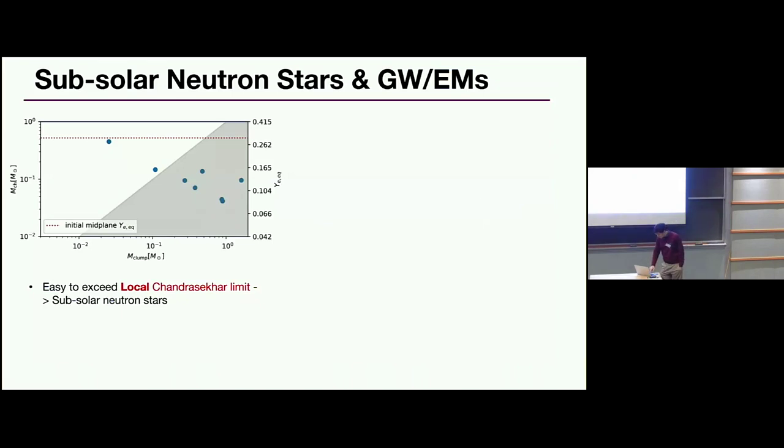So at the end of the simulations, the clumps usually become too dense and evolve off our equation of state tables. But before that, when we have some fidelity in our simulations, if we compare the masses of these clumps, we'll see that on the x-axis, they're typically from 0.1 to 1 solar masses, so below a solar mass. But on the y-axis, if we also plot the Chandrasekhar mass indicated by their average YE, we'll see that the YE is so low that the Chandrasekhar mass is even lower than subsolar. So in this gray region, all these clumps have the potential of evolving into subsolar neutron stars.